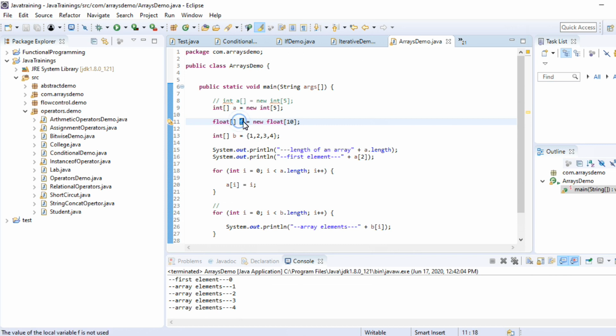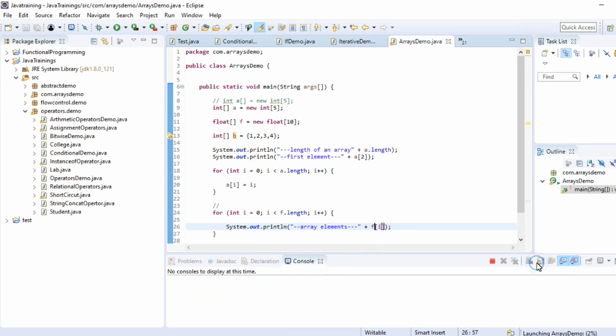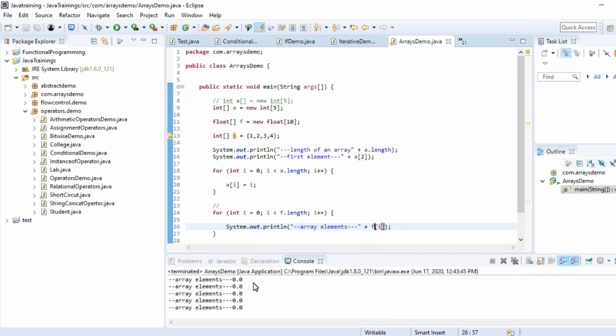We'll just check. Here, in place of B I am placing F now. So values should be 0.0. Why? Because it's a float, right? So the default value will be 0.0. See, 0.0. Without declaring size, it's not possible. Even with float, even with any array, it's not possible.